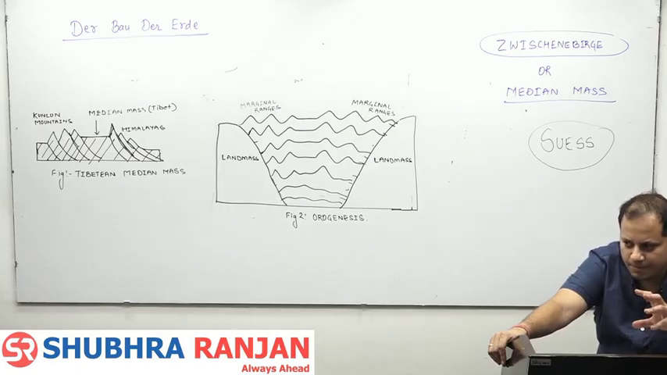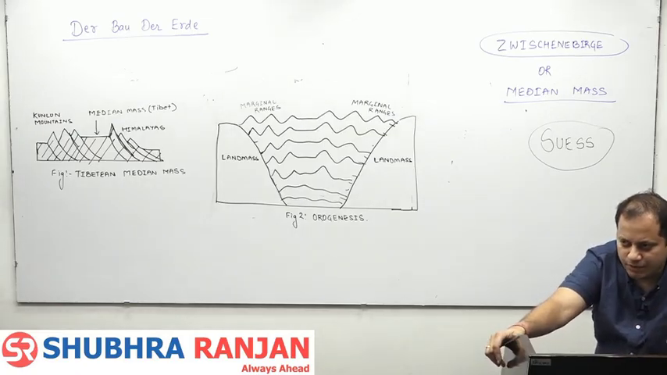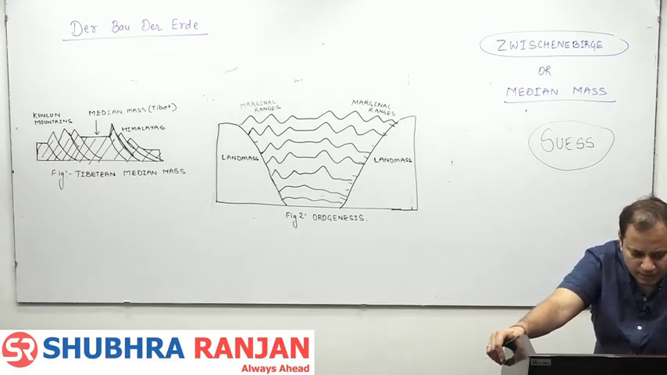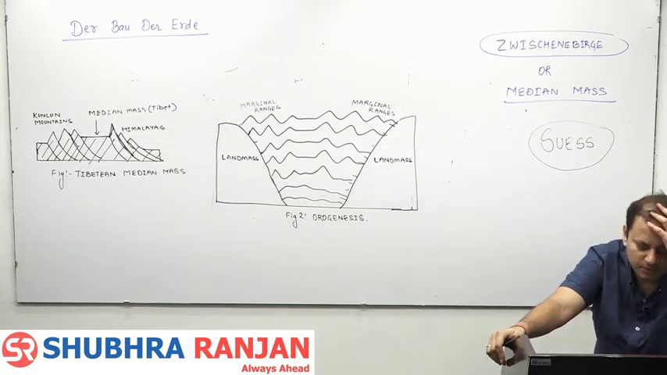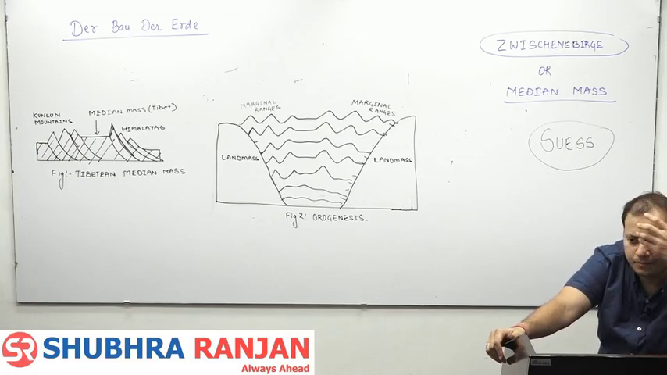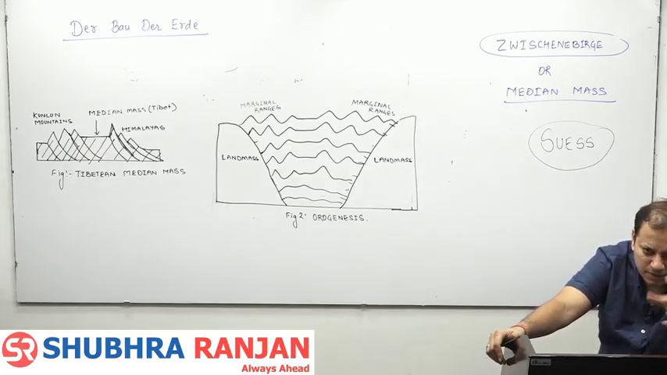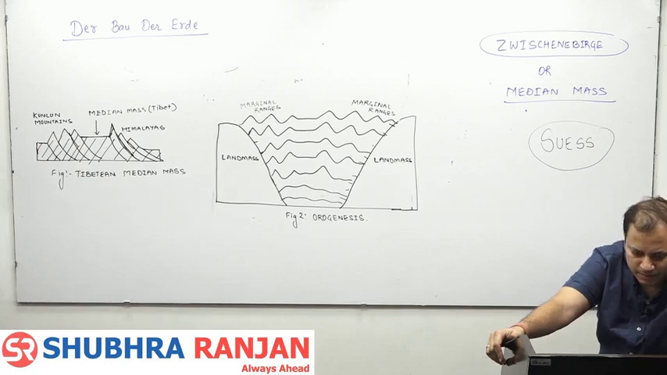Point number 3, it is very common. The geosyncline theory satisfactorily explains east-west mountains such as Alps, don't write Atlas, Atlas is a very minimal mountain. Alps and Himalayas,